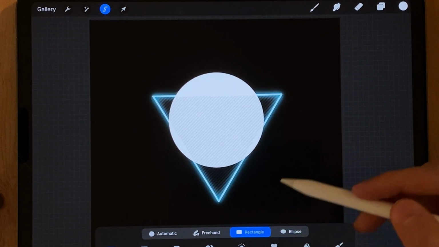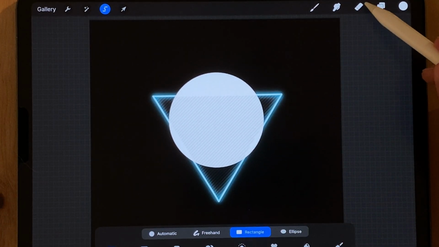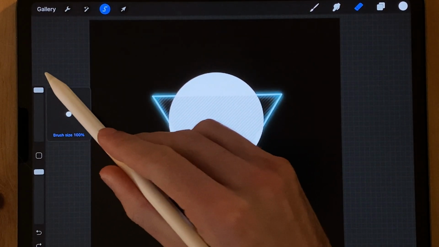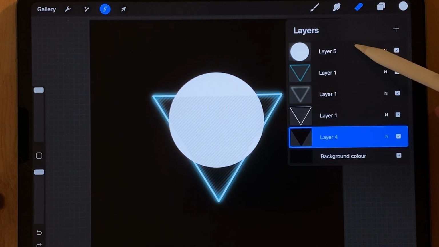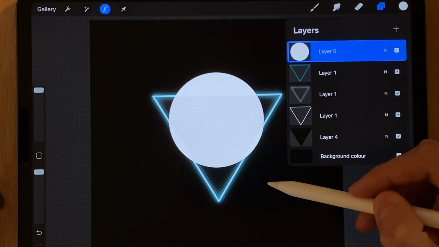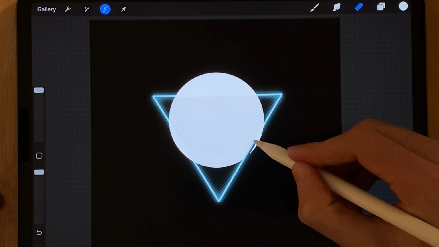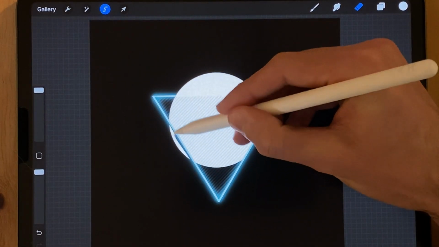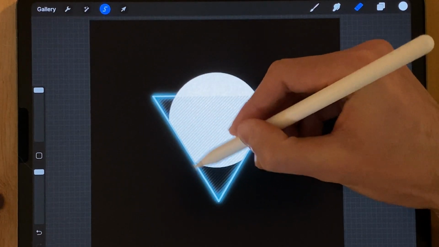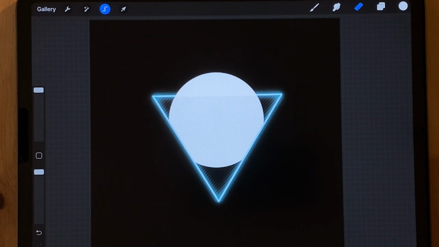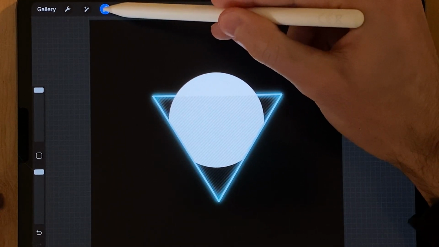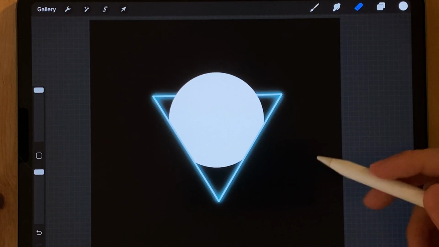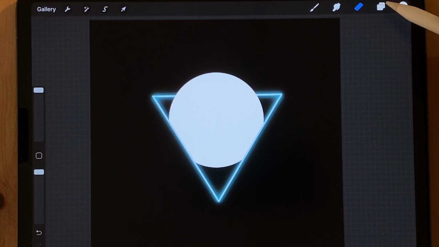This is ideal now because we can easily go to our eraser tool, make it as large as you want, and now when we go to our white layer of the planet, we can easily erase up to that line without having to be super precise, because the program is doing it for us and making sure we stay in the lines basically. So we're going to tap on our select at the top, and that's now done. So we've got the shape that we need coming out of the triangle, and we can start adding the extra